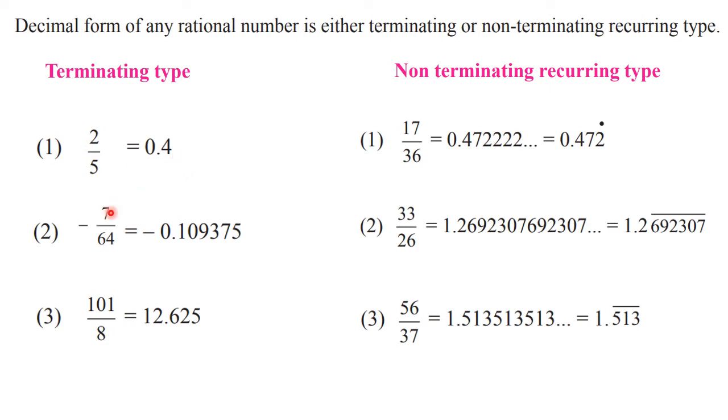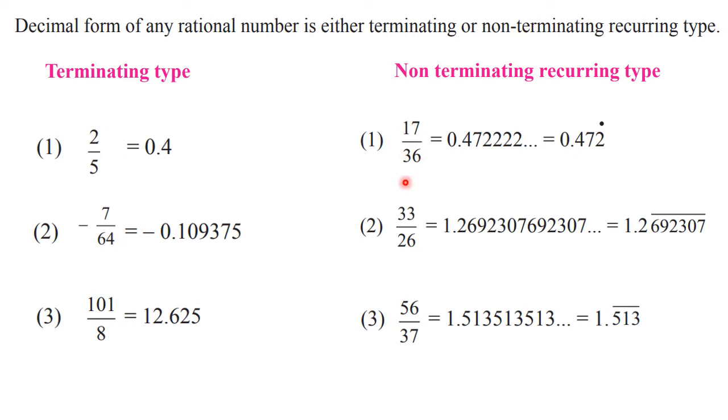Similarly here if we divide 7 by 64, obviously the minus sign is there, so here also we have the minus sign, but while dividing we are going to divide 7 by 64. When we divide it, the division ends after these 6 digits. That means here we are getting the remainder 0. Same thing here. After these 3 digits we get remainder 0. So these divisions are called what? Terminating type. Because the division ends somewhere, we get the remainder 0 somewhere.